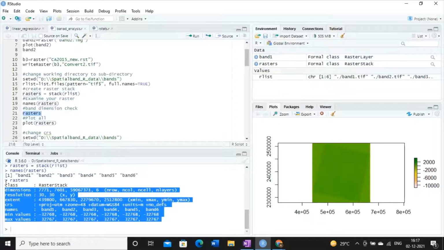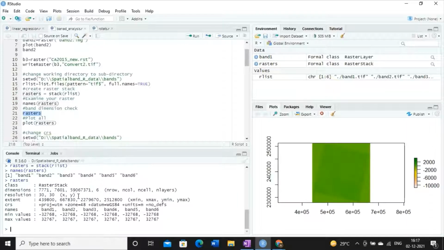definition of the raster bands on which we are working. And in the previous class, I already explained the meaning of resolution 30 meter by 30 meter, because we are working on Landsat. If you are working on any other data set, then the resolution will be different. And here, see, we are working on the CRS system. So everything is defined over here. So you can get the detailed definition of each and every band, meaning you will be able to see the band information.